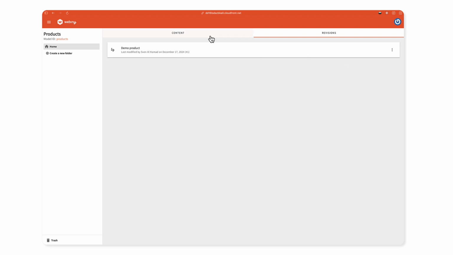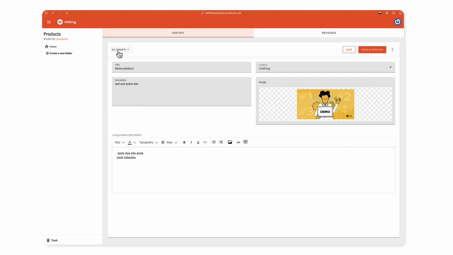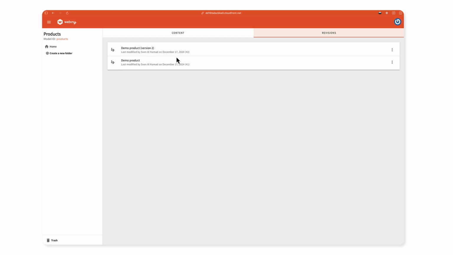Essentially, what Webiny allows you to do is, first of all, have multiple drafts of a particular entry. So if we go here and click New revision from current, we're now inside version 2 of our draft. Let's call it version 2. Let's save it. But also version 1 is in draft. So if you go back to version 1, you see that the content updates based on how we made the change. So that's one of the benefits of the Webiny revision system, is that you can prepare multiple draft versions of